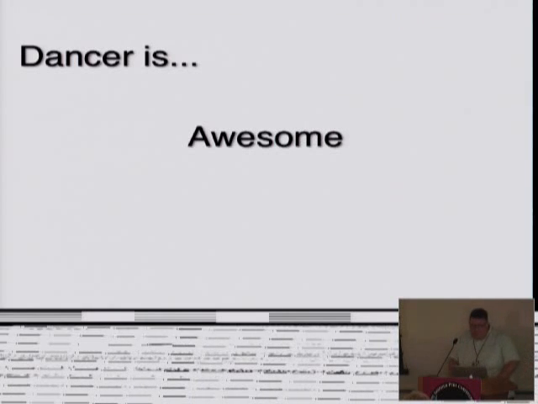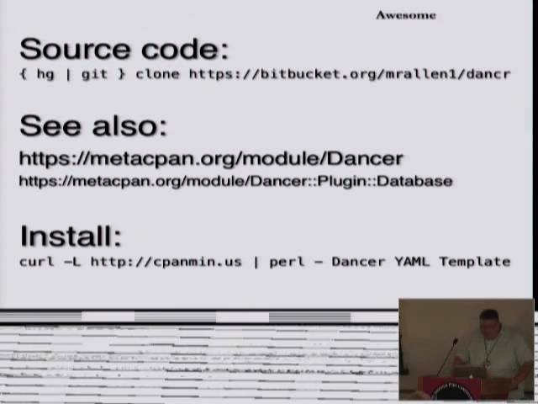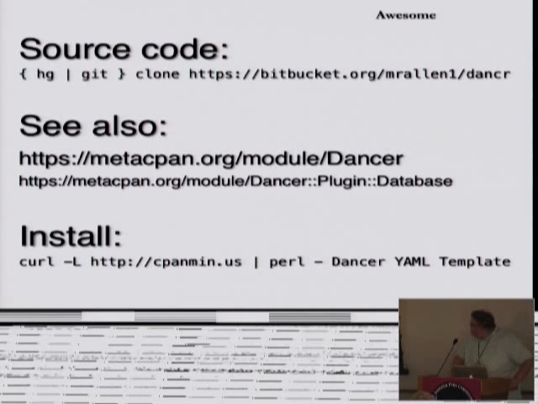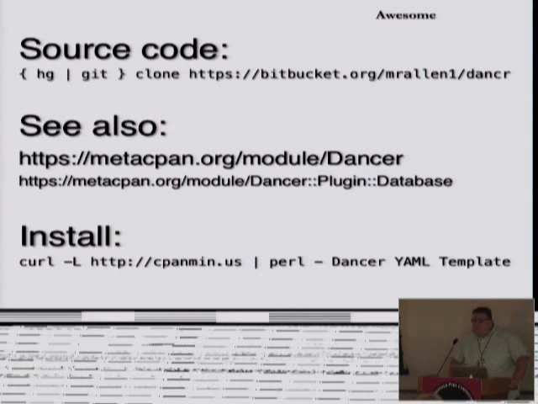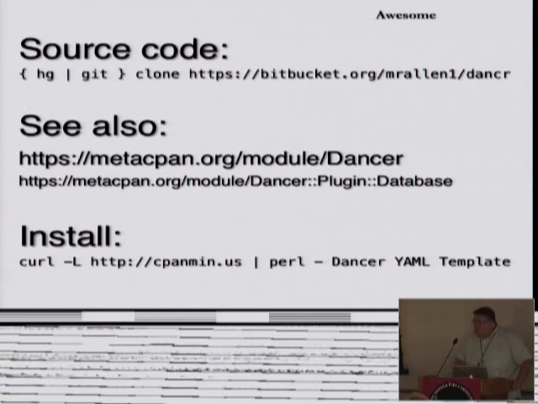Yeah, it is. Seriously. Here's all the different things I've talked about today. All the demo code is available on Bitbucket. It's specifically available at that URL at the top. The documentation, since I wrote this slide deck, has really improved a lot. That's been a main focus for the development team for the last 12 months, 18 months. A lot of work has gone into documentation. It's a lot better. It's a lot easier for newbies to get involved with using Dancr in their code and production projects every day. There's also Dancr database plugin that I talked about.